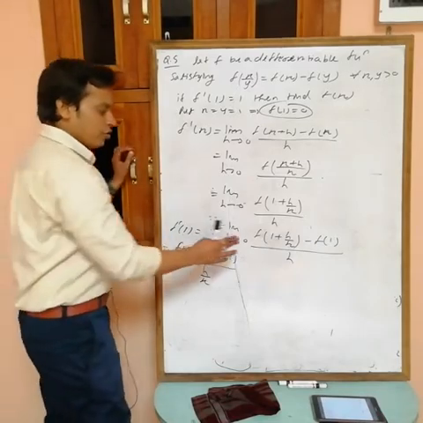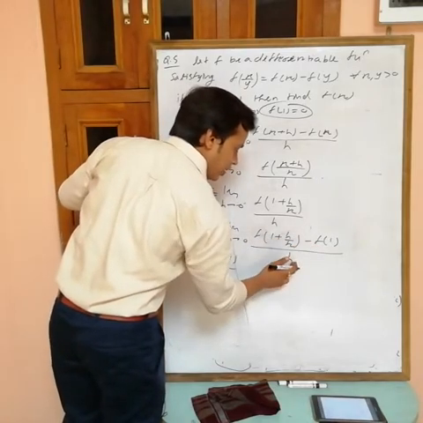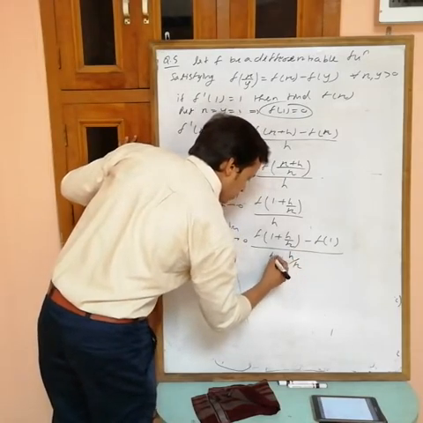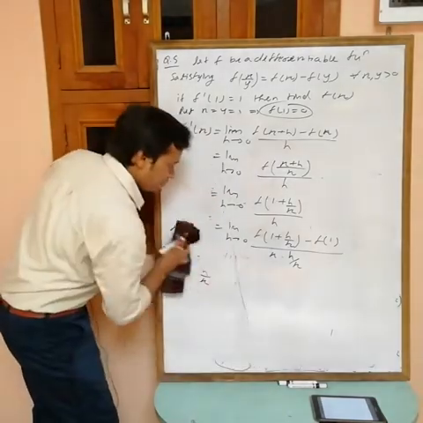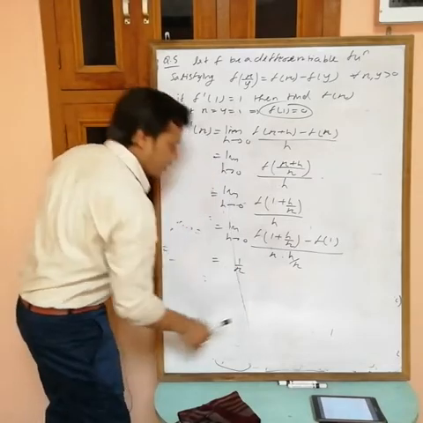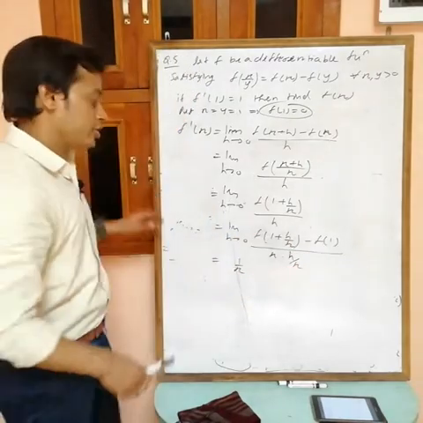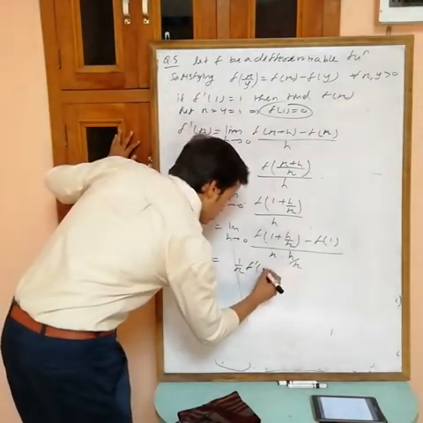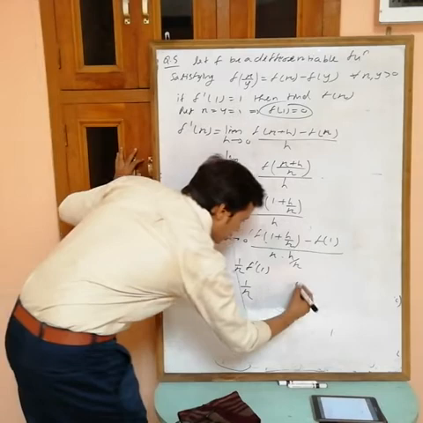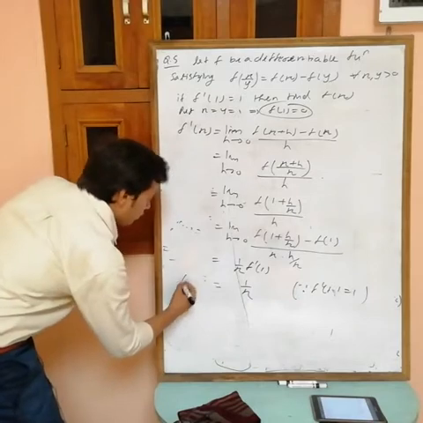So if you want to write this in terms of f'(1), then f(1 + h) minus f(1) by h, these two must be same. So here we want h/x, so multiply with x. Now see, what can I write? This 1/x outside, then remaining is limit h tending to 0 of f(1 + h/x) minus f(1) by h/x. This can be written as f'(1), and f'(1) is equal to 1. So this is 1/x, because f'(1) equals 1, and this is f'(x).